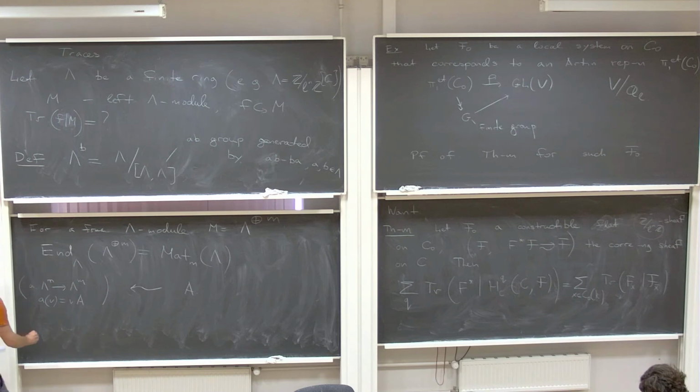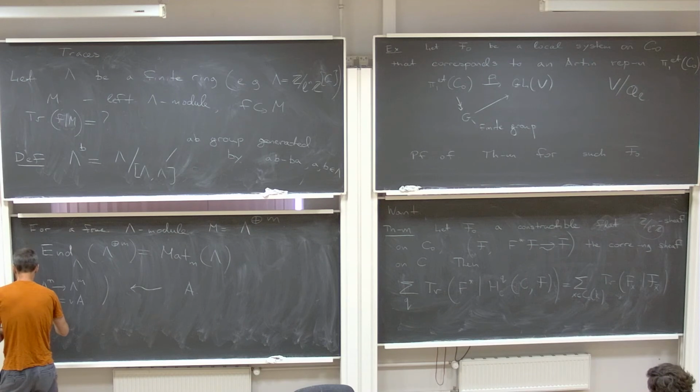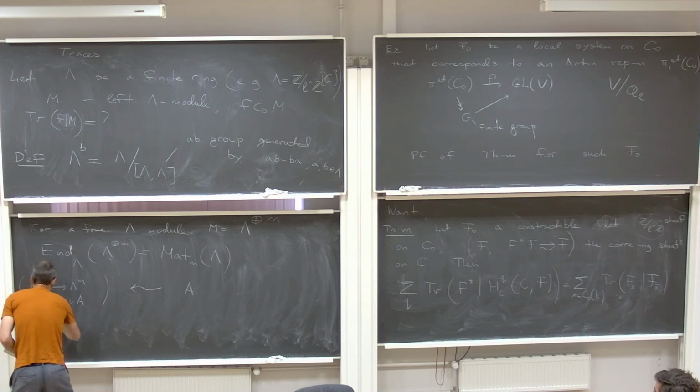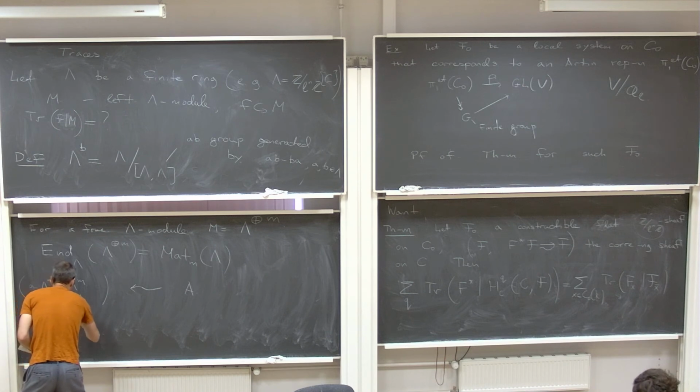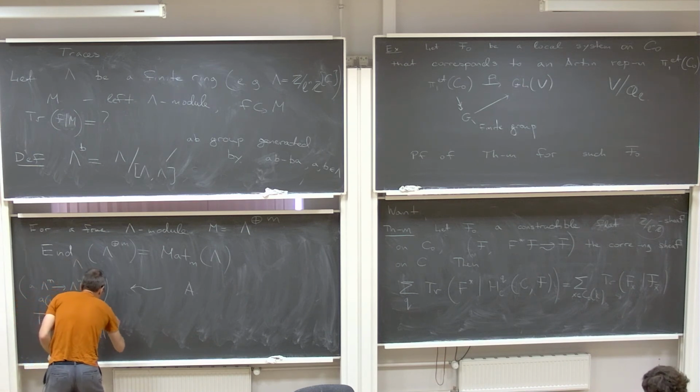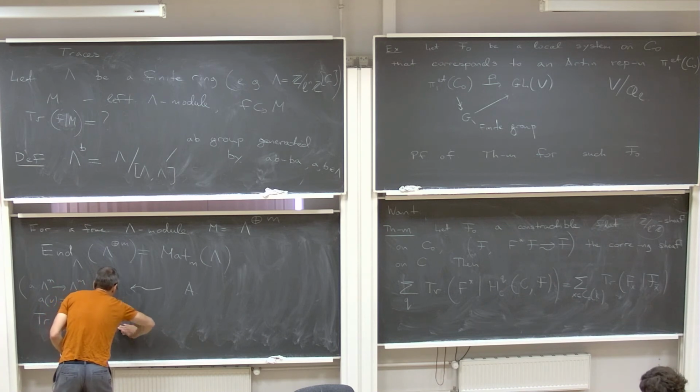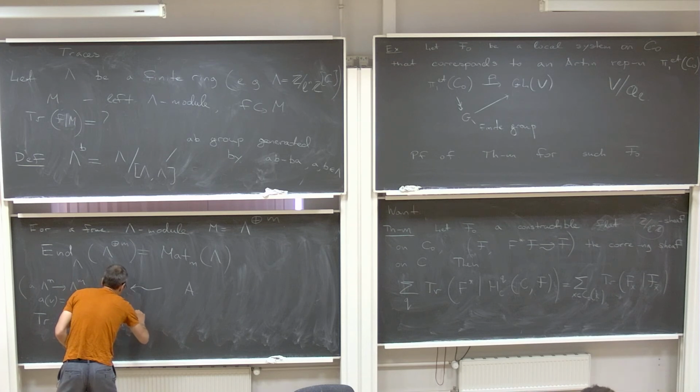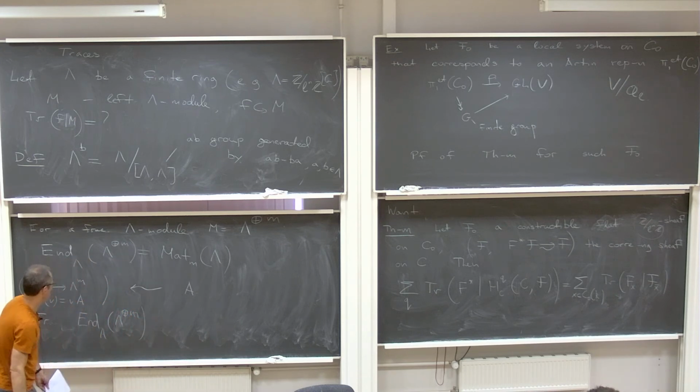So now I will define the trace map from endomorphisms over lambda of lambda, so by